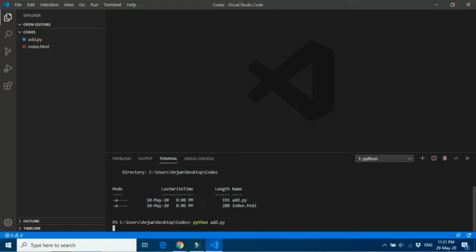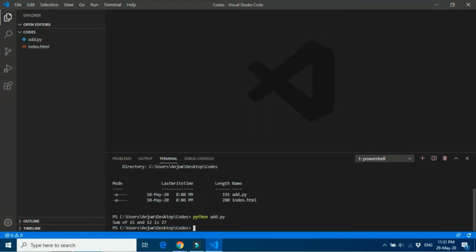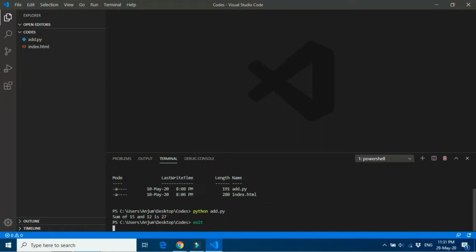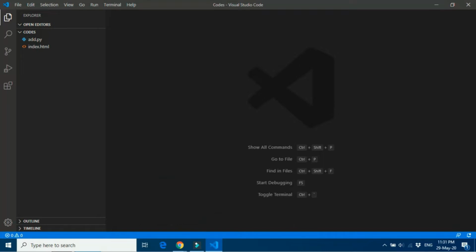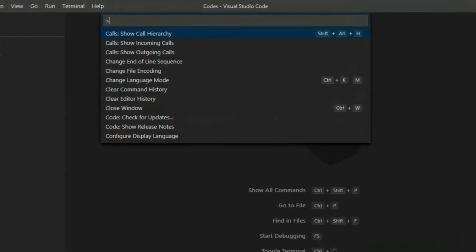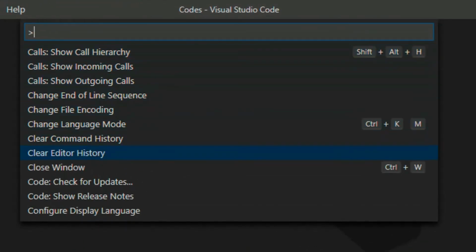You can see that the desired result is appearing in the terminal window and the Python code has been executed successfully. To execute Python code, I don't have to move to any other terminal or compiler. I have executed this code right here in VS Code. Please remember that Python is already installed on my computer. A complete tutorial for installation and configuration of Python is available on this channel. Let's press Ctrl Shift P now and it will display all commands available in VS Code.